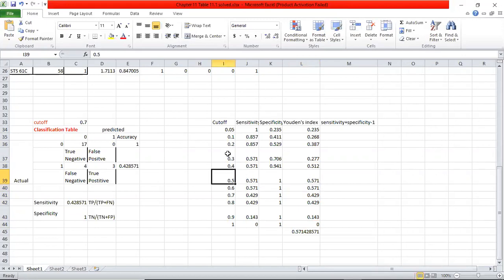If you observe previously, I took 0.3. When I took 0.3 as my cutoff probability, I got the accuracy as 60%. But when I took the cutoff probability as 0.5, I got the accuracy as 80%. So I had to choose the cutoff probability in a better way. So we'll be using something called Youden's index to choose the cutoff probability.